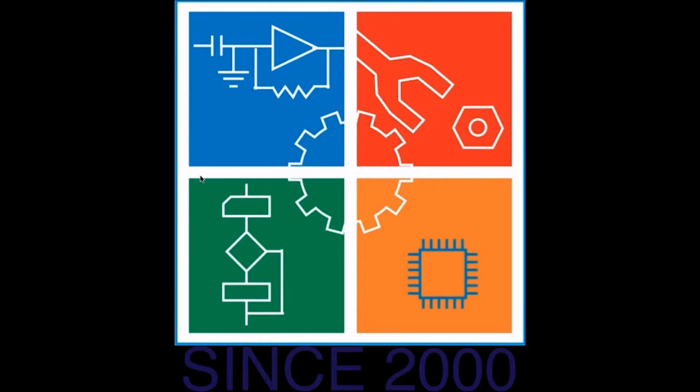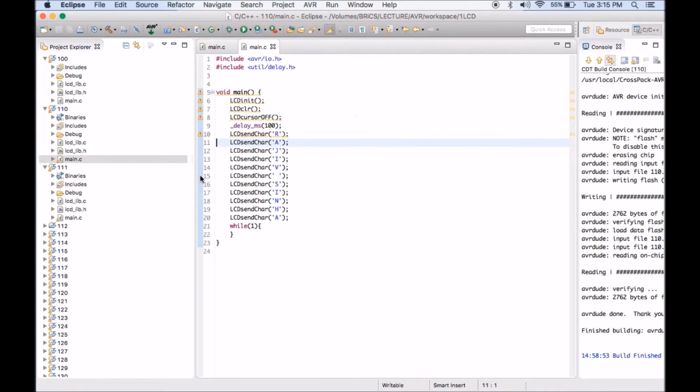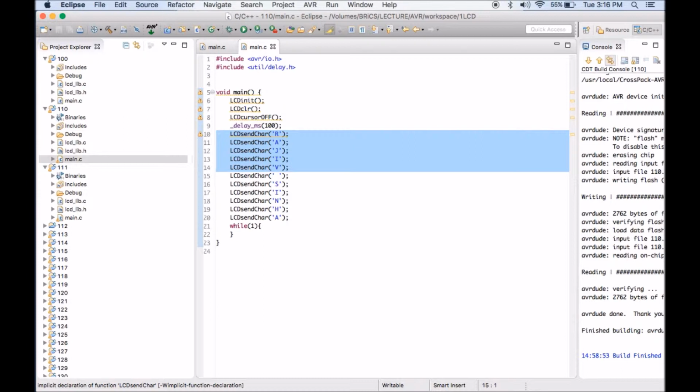My name is Rajiv and in this tutorial we are going to learn how to print some string on LCD display. In the last tutorial we had learned that to print Rajiv Sinha, we can print RAJIV space then SINHA. But if we want to print some text multiple times, or we want to change the text regularly, then it's quite difficult to use these functions to print some big text.